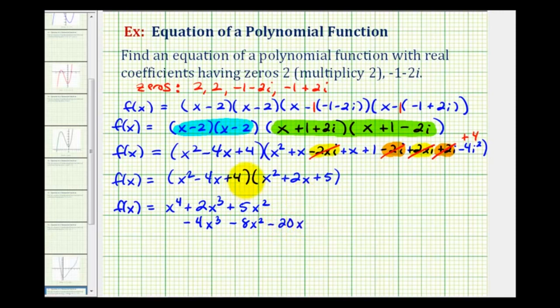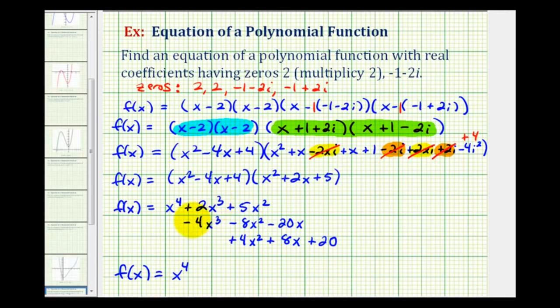And now we'll distribute the 4 into the second trinomial. 4 times x squared, that's plus 4x squared. Again, I'll put this under the x squared terms. 4 times 2x, that's plus 8x. Put this under the x term. And then we have 4 times 5, that's plus 20. And now that we have this lined up vertically, we can easily combine the like terms to find our polynomial function. So we have x to the 4th,